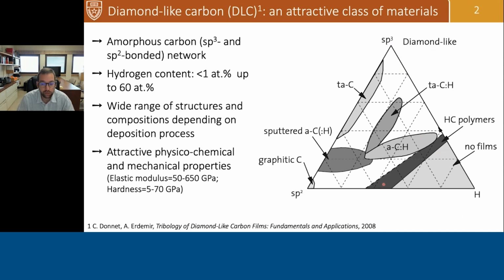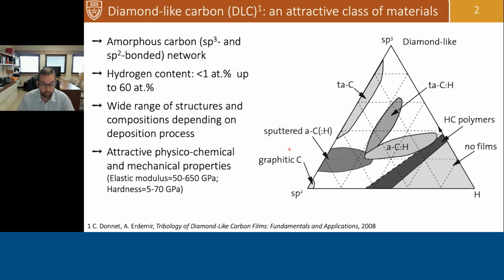Depending on the deposition methods and the deposition conditions, you can achieve different structures and different compositions. You can achieve hydrogen-free amorphous carbon, which is usually referred to as tetrahedral amorphous carbon, or TAC, or hydrogenated versions, such as a-C:H, or hydrogenated amorphous carbon. The hydrogen content usually goes from well below 1 atomic percent up to 60 atomic percent. And the sp2, sp3 content can again be tuned by changing the deposition methods and conditions. This has allowed researchers to obtain a wide range of structures and compositions, which allowed us to tailor the physical,